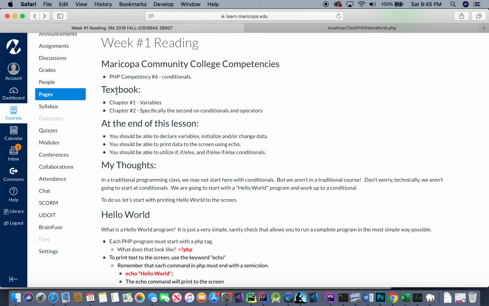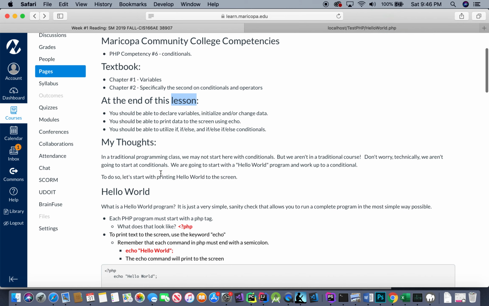In the textbook here, I am calling out chapters 1 and 2 for you to read and what I think you should feel comfortable with at the end of that reading. And if not by the end of the reading, then by the end of the lesson once you've done the labs. Okay. I give you some of my thoughts here,